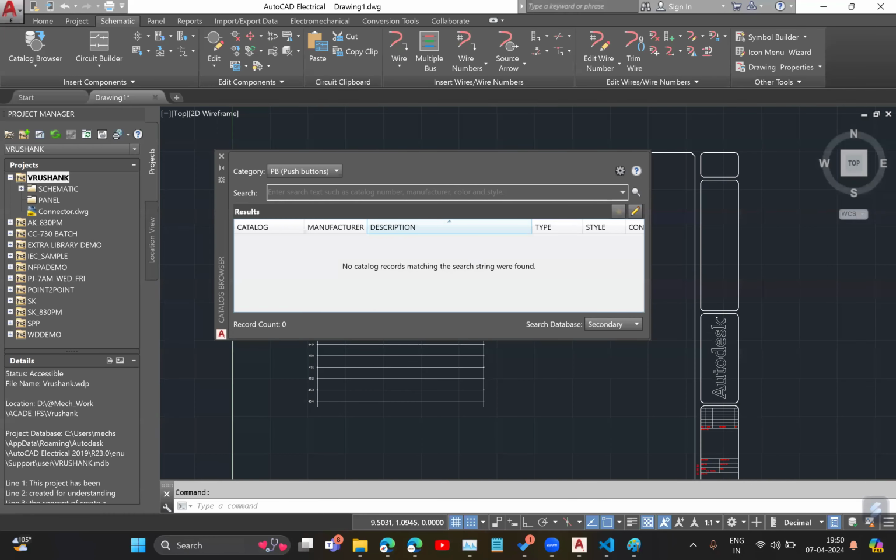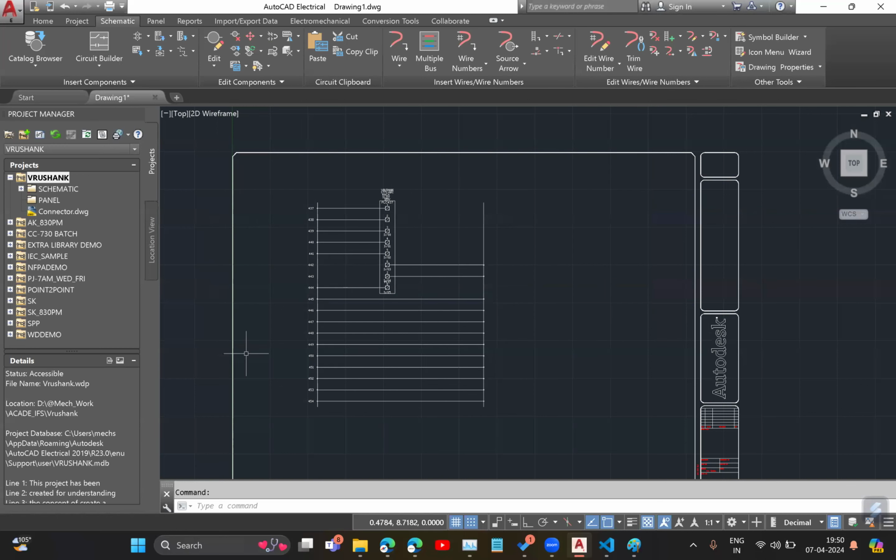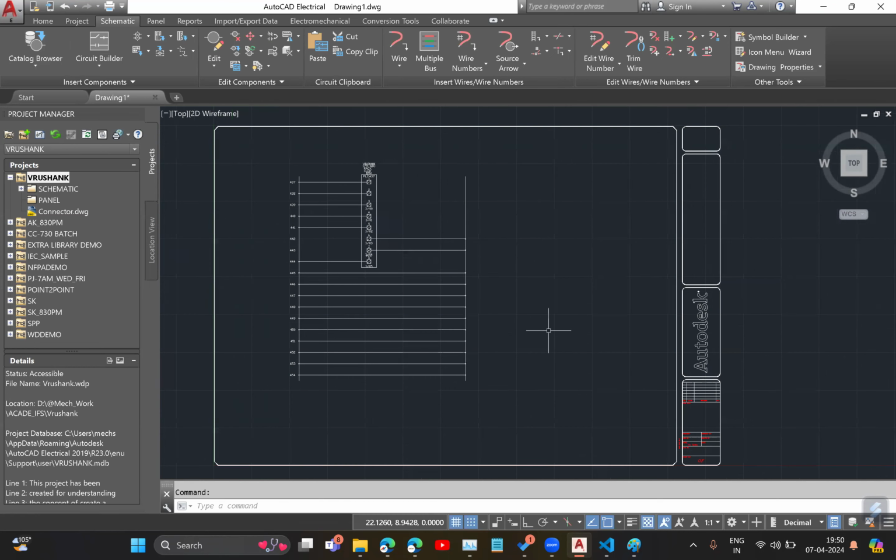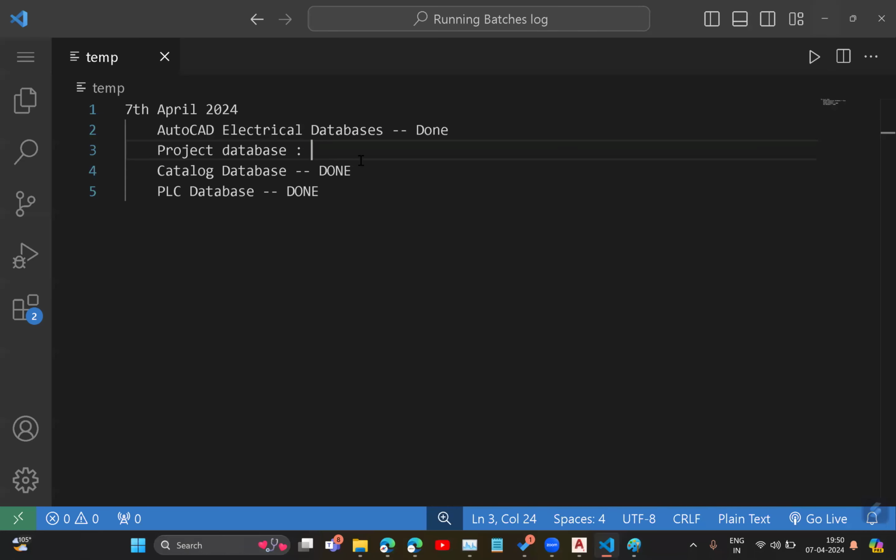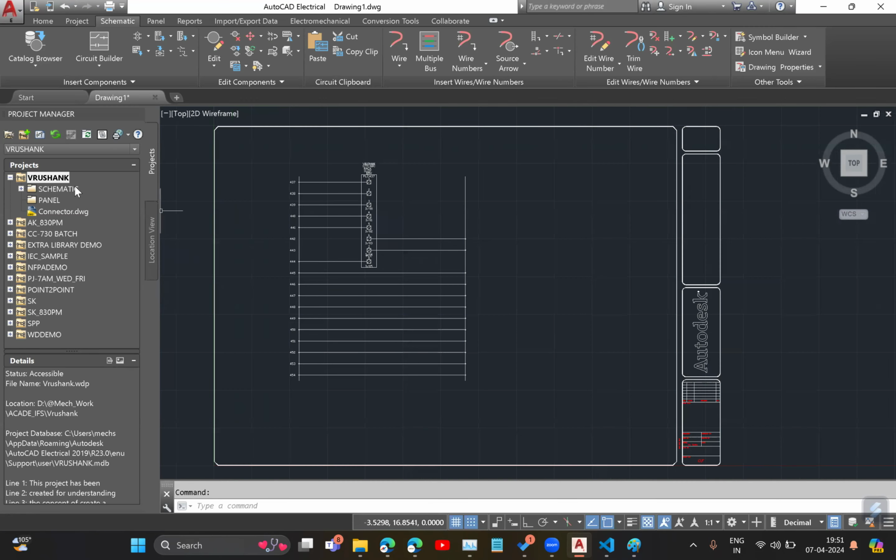Then you are able to use the primary database as the default database, and the project specific database will be the secondary database. Otherwise, by default, we see that when we create a project specific database, the project sets it as the primary database. Got an idea about the project database? When you are practicing, don't go for making a project specific database for your current